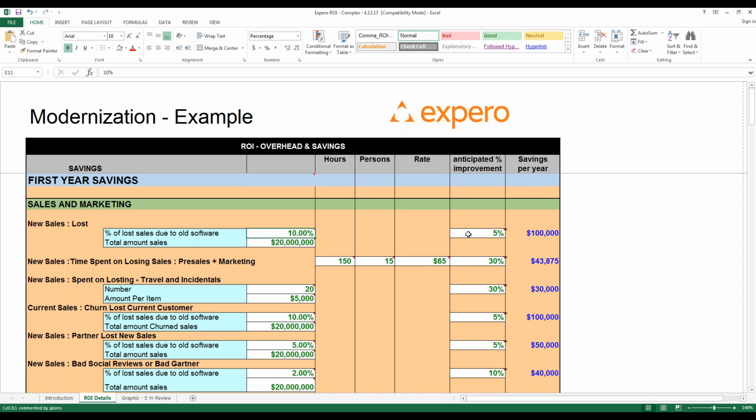I can then change that percentage and say, well, I think that my new software will actually give me a 10% boost of that percentage, and now I can get a line item. In this case, I can be a little bit more conservative and say it's really only going to give me roughly a 5% gain.